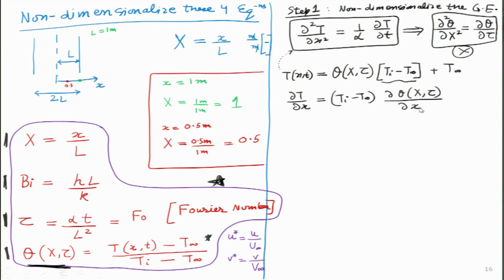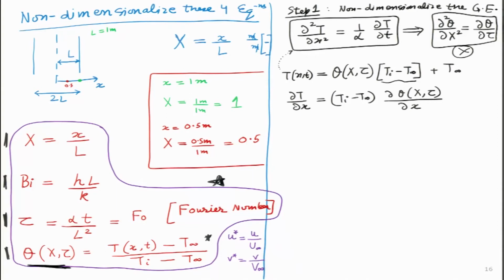I hope this makes sense, because theta is a function of capital X, which itself is a function of small x. So, I can't take it outside that particular differential. It is not a constant, it varies with x. So, it is very interesting. Now, how do I convert this del x in the bottom? I am talking about this del x. Can I convert it into, let us say, del capital X? I will do that in just a while, but let me now take the second differential.